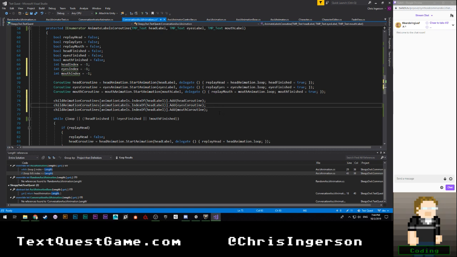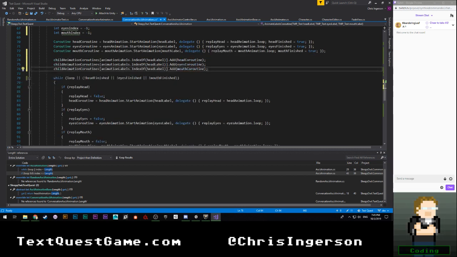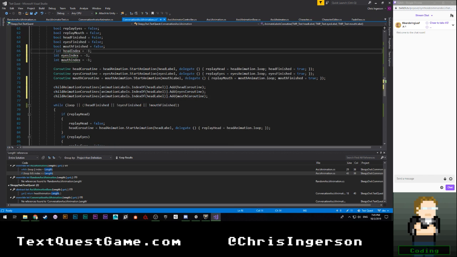And here's where it gets fun. Do we need to keep track of them? I really don't know. So here's the thing. When we finish this other coroutine, I'm actually not sure if it's immediately going to go away. So we might not need these three things. I'm going to try to do this.